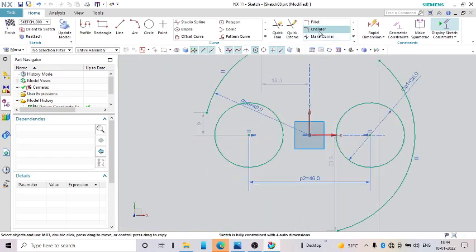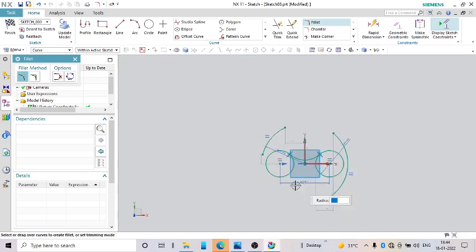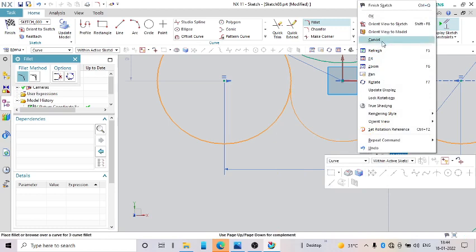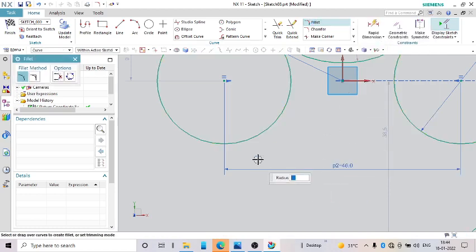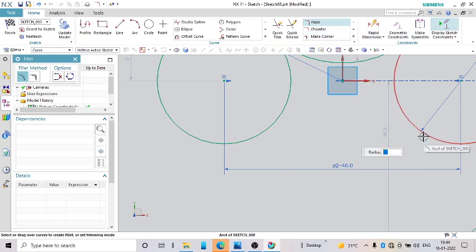Now we can make the fillet, this circle to this circle here. Okay, one fillet there. Another one fillet we will make on the other side. Cancel. So we will make the fillet, this edge first, this edge. Cancel. So again fillet this edge first, then this edge.